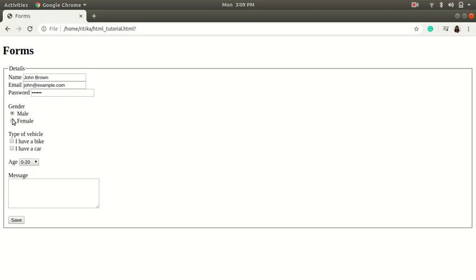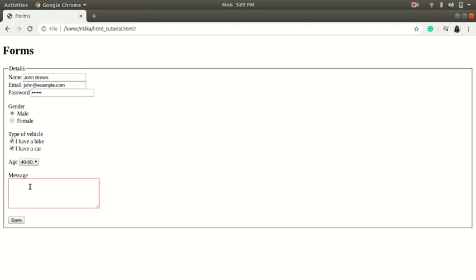See, here we can click only one. We are not able to click on the other one as well. But in checkbox we can check both, and when we are clicking again on it, it is unchecking it. This is the drop down. We can select any of the value and it is used with the select tag.